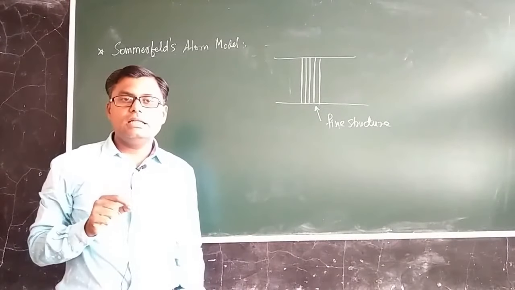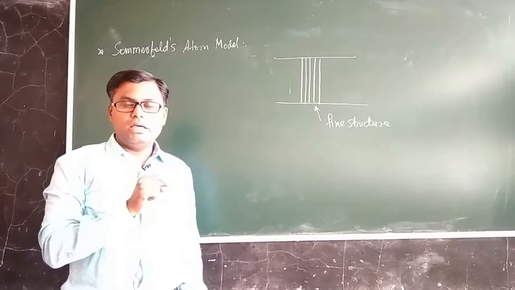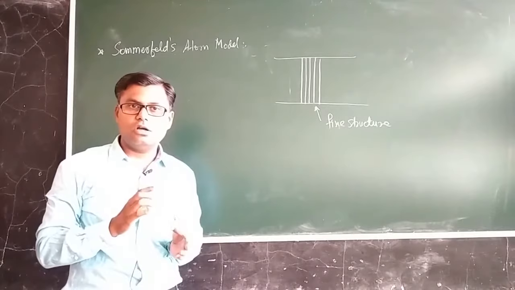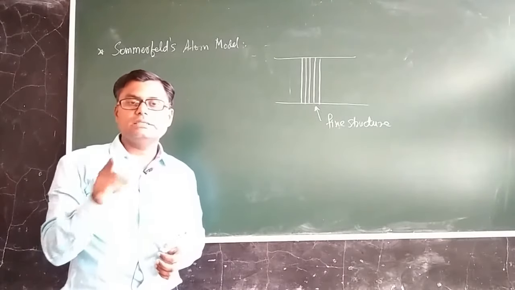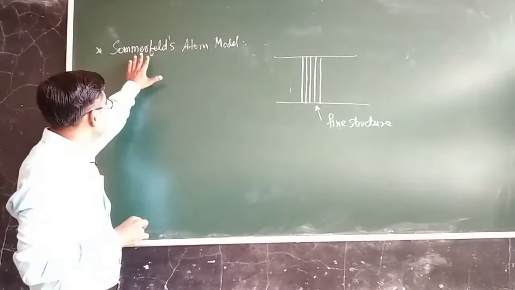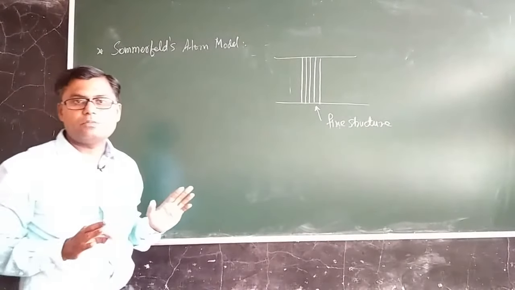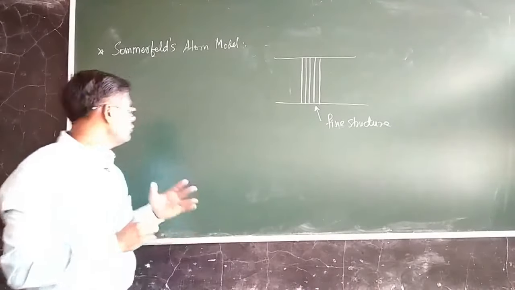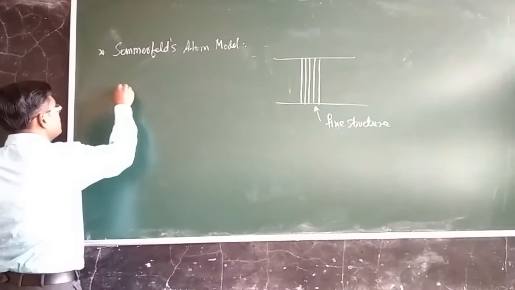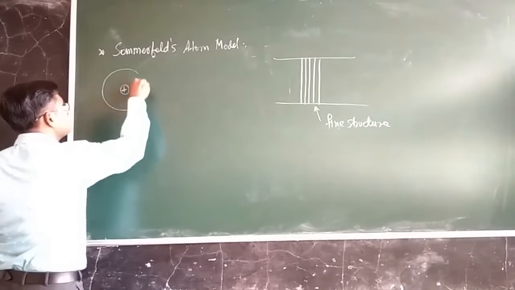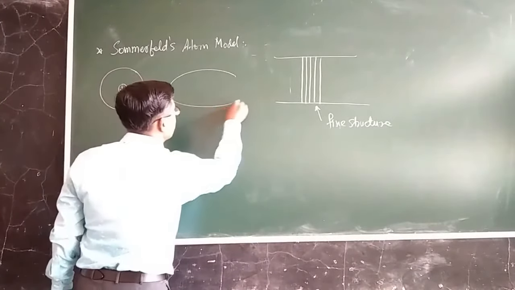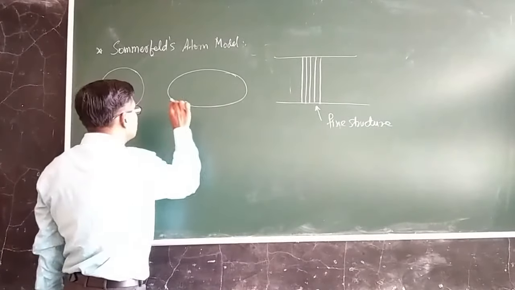Why there is a single energy difference, or a single wavelength possible in the Bohr atomic model, was only due to the concept of circular orbits, because Bohr argued that the electron revolves around the nucleus in a circular orbit, whereas Sommerfeld denied this concept. Sommerfeld introduced the concept of elliptical orbit in place of circular orbit. In summary, according to Bohr, the electron revolves in circular orbits around the nucleus, but according to Sommerfeld, the electron revolves in an elliptical orbit with the nucleus at one of the foci.